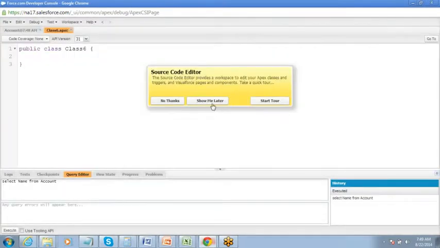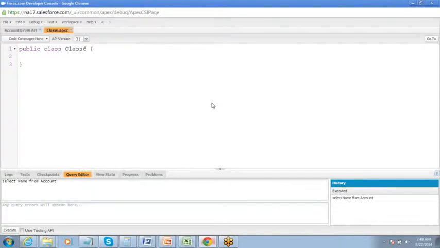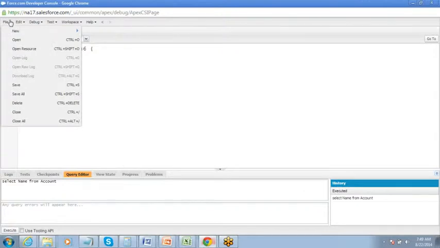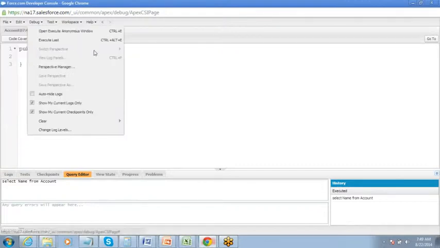So no basic difference as such between the class that you create there and the class you create here. The only difference is that you are creating it on the developer console and you are creating it on the web. That's it.